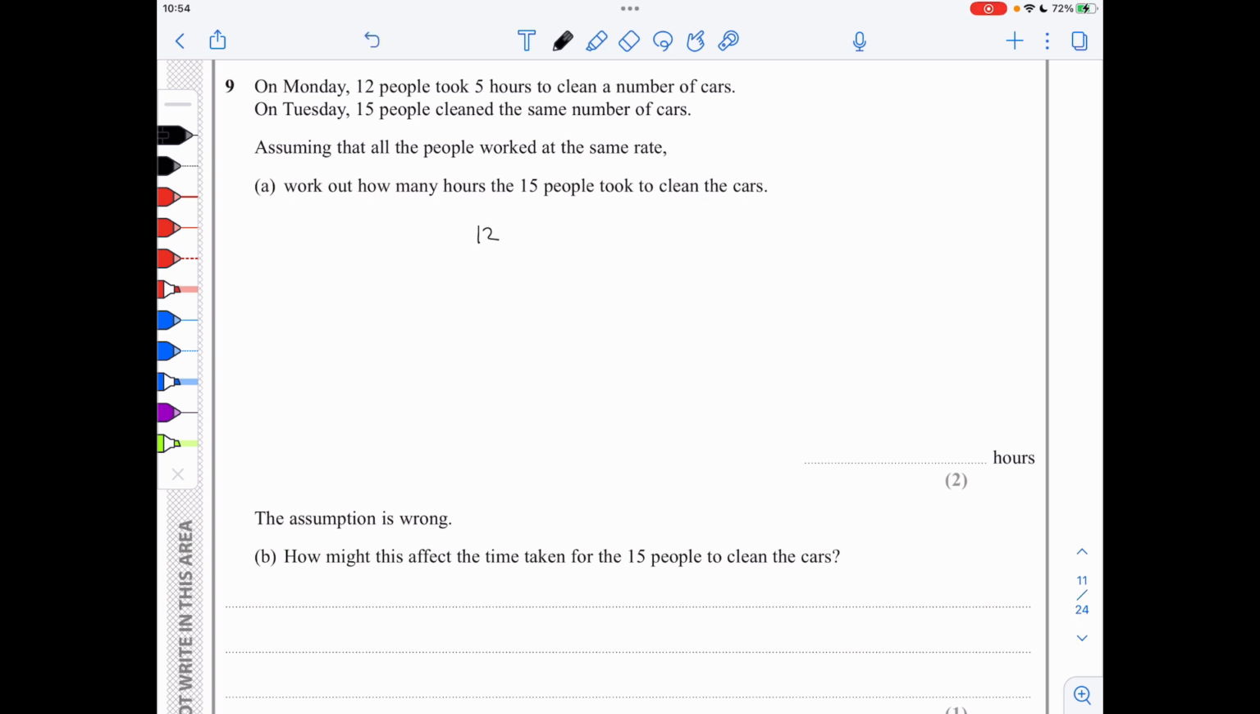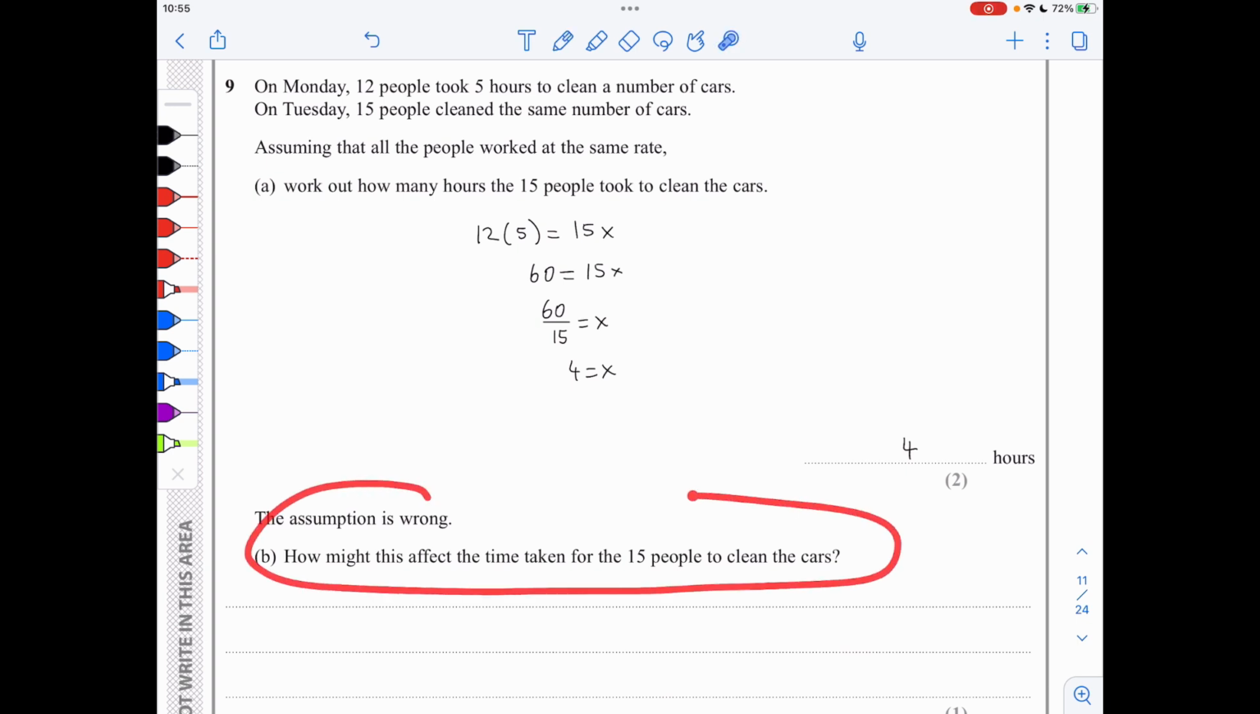So 12 times 5 is 15 times x, where x is the number of hours. So 60 is 15x. I divide by 15, it gives a value of x of 4, so they will be needing 4 hours. Now we are told that the assumption is wrong, and we are asked how might this affect